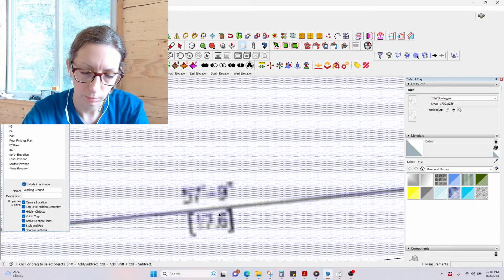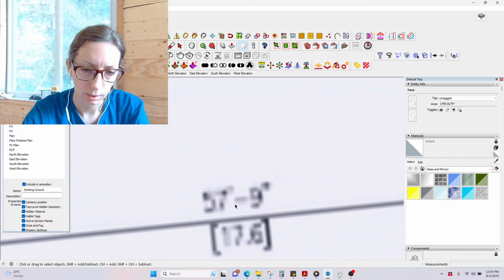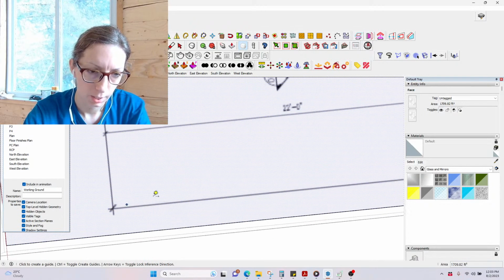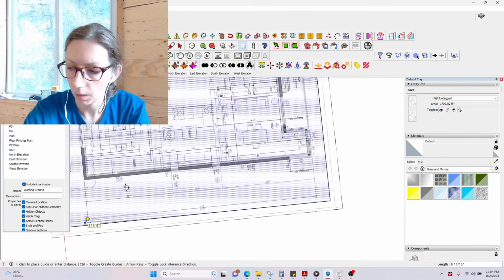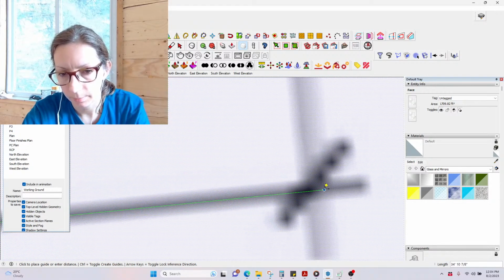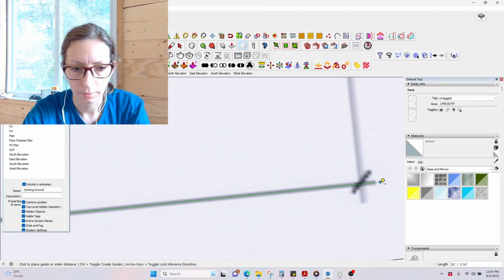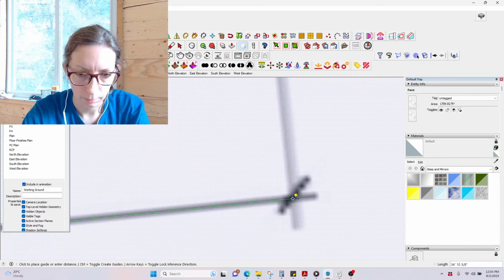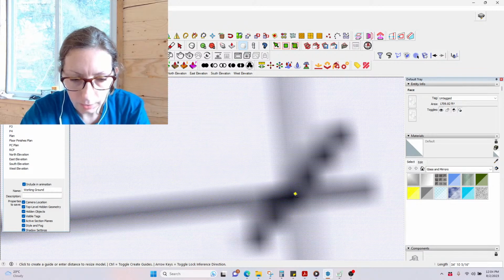So I'm going to find out a nice long dimension. This is the longest one in the house, and this says 57'9". So I'm going to use the tape measure. I'm going to go from as close as I can to what feels like the center of these two lines intersecting. I'm going to go all the way to the end of this dimension, do the same thing, and now I've completely forgotten what that dimension is, so I'm going to go back. 57'9". I can't seem to keep numbers in my head. 57'9". So I'm going to click it there and then type in